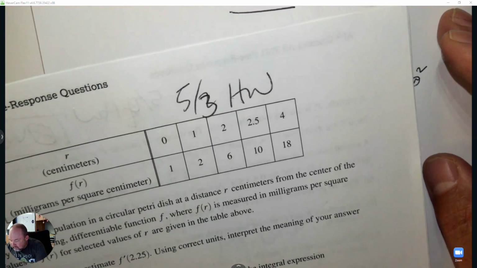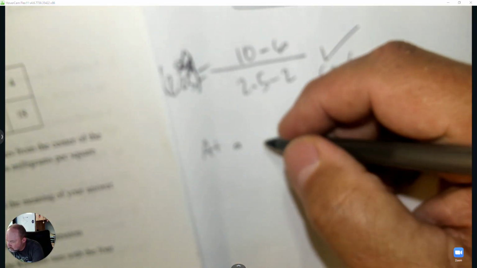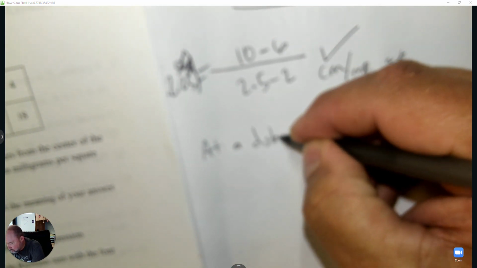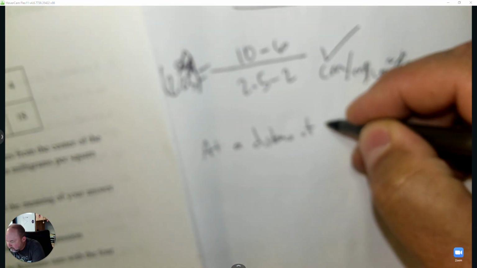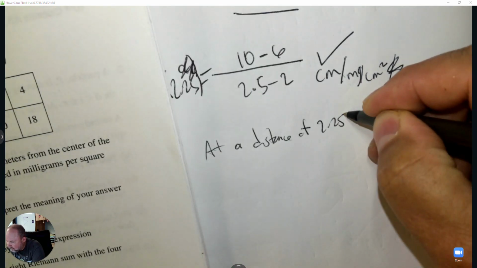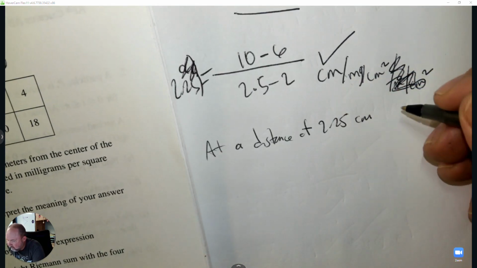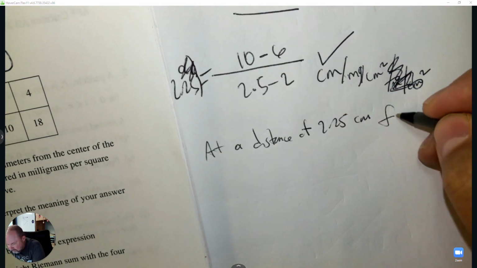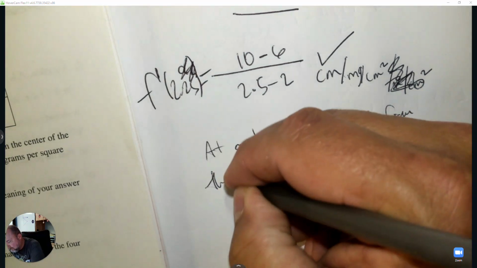And r is the distance out. So at a distance of 2.25 centimeters from the center of the dish,